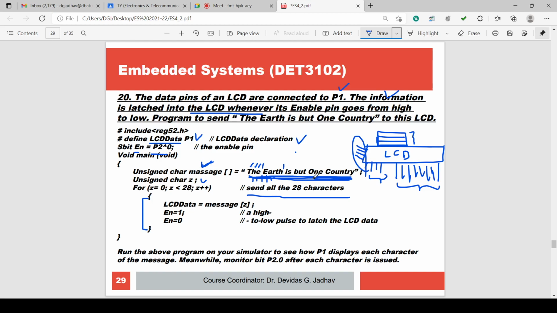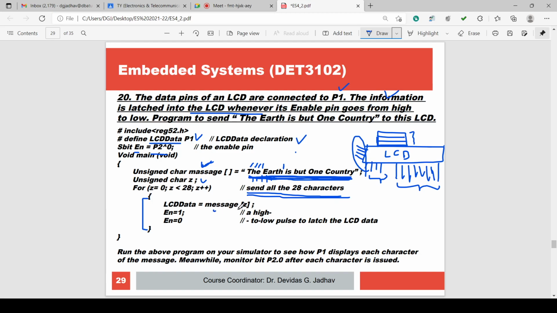These are the total different elements in the array. And each one by one, all 28 characters are sent.